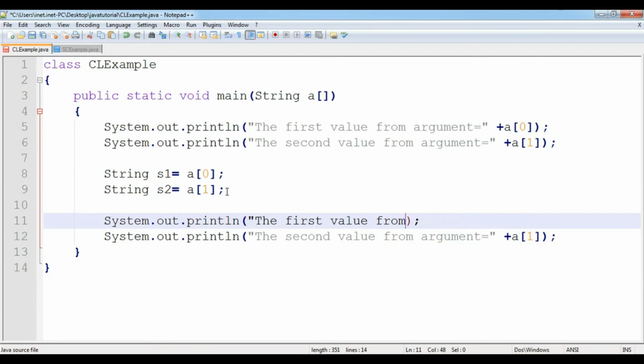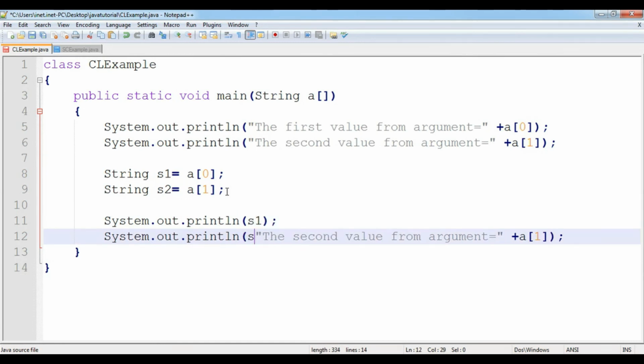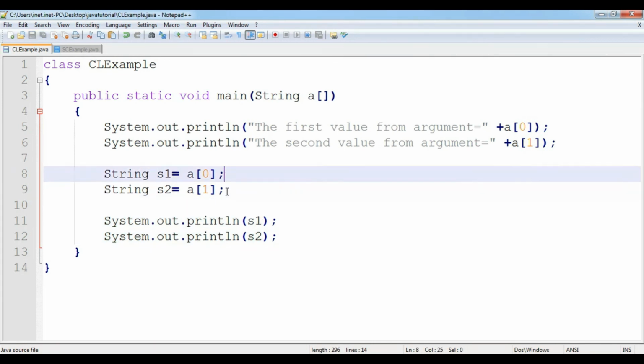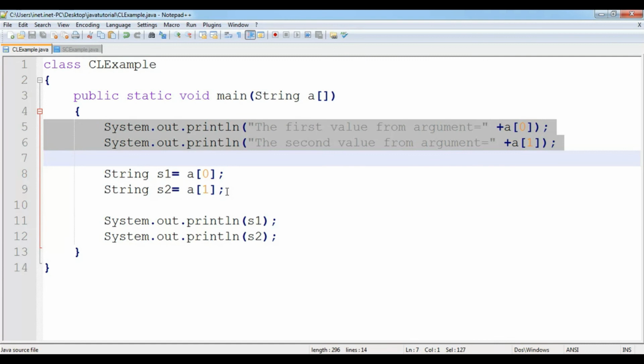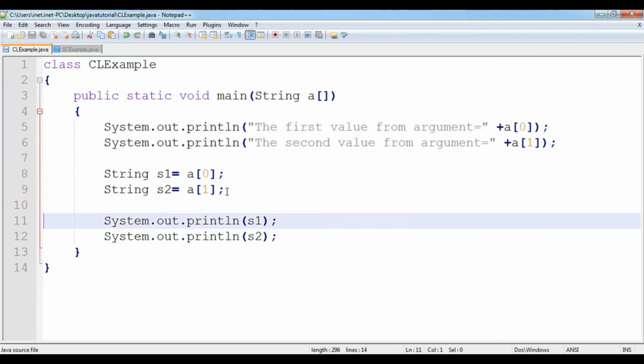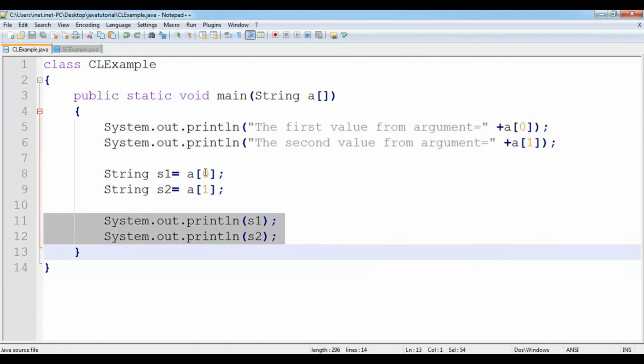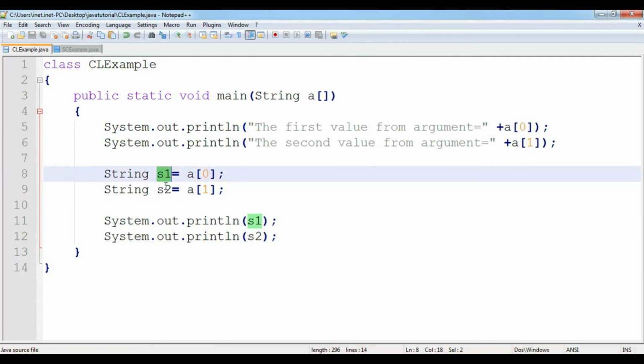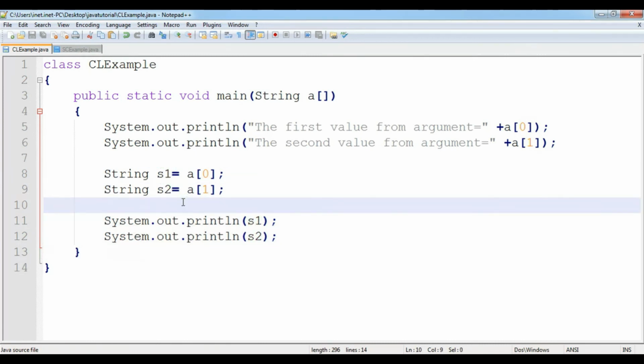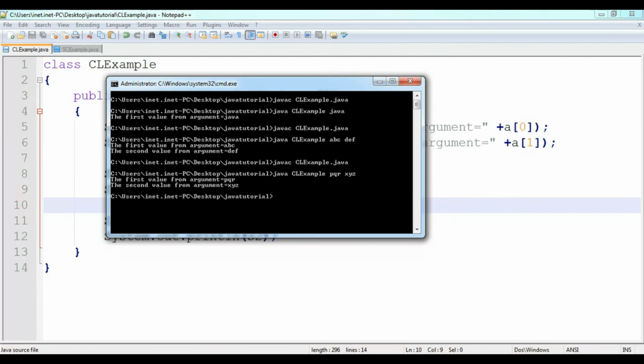Now I simply pass the values S1 and S2. Meaning the first two lines will print the values passed as command line arguments and these two lines will store the values of the command line arguments in the strings S1 and S2. These two variables. Let's again compile this file and run this file with different values.